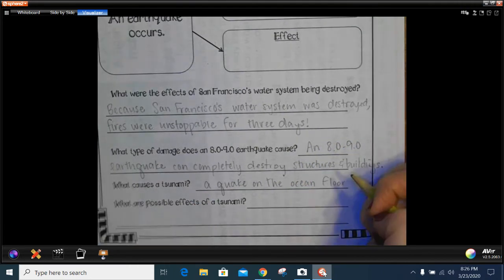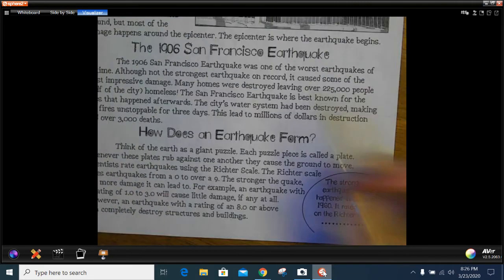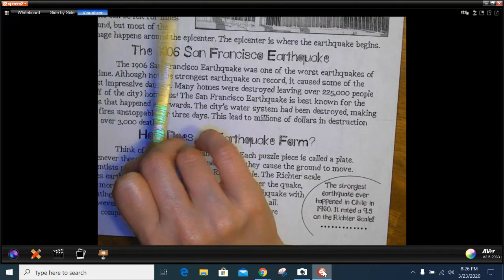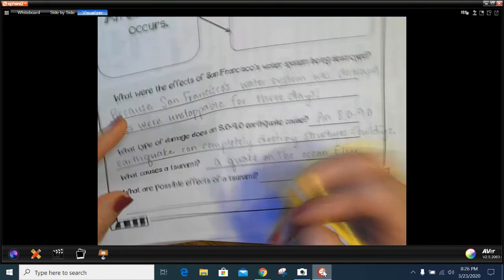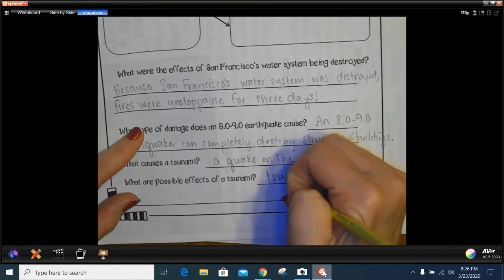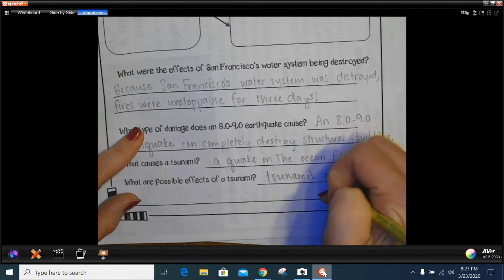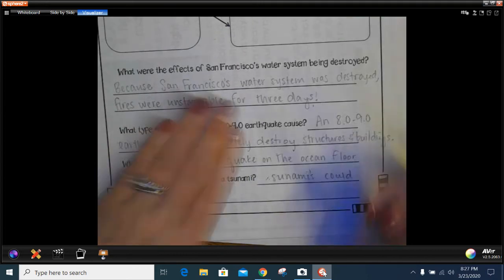All right, possible effects of a tsunami. So what could possibly happen because of a tsunami? They can destroy everything in their paths. Tsunamis could, here I am writing a sentence without a capital letter.